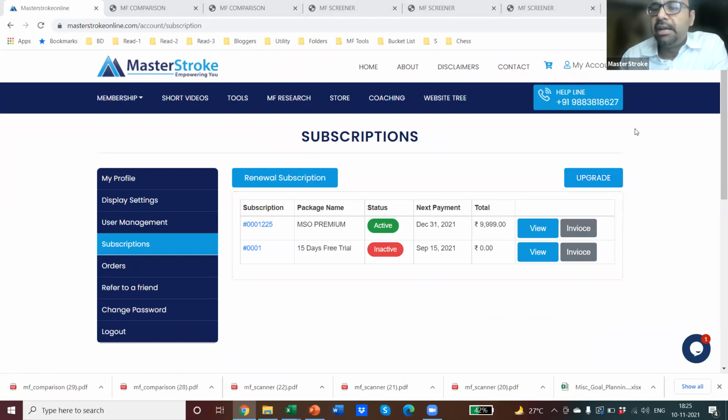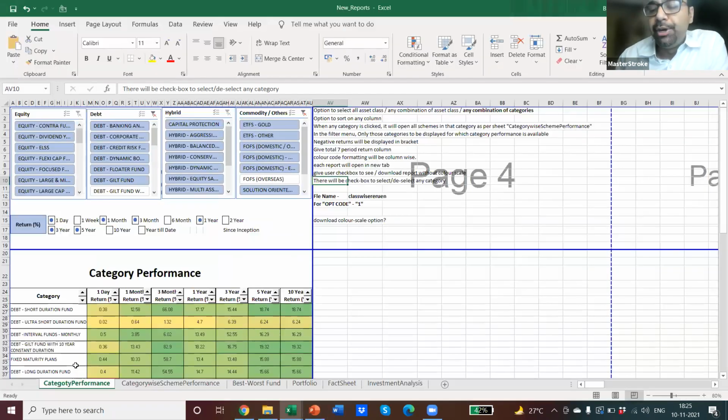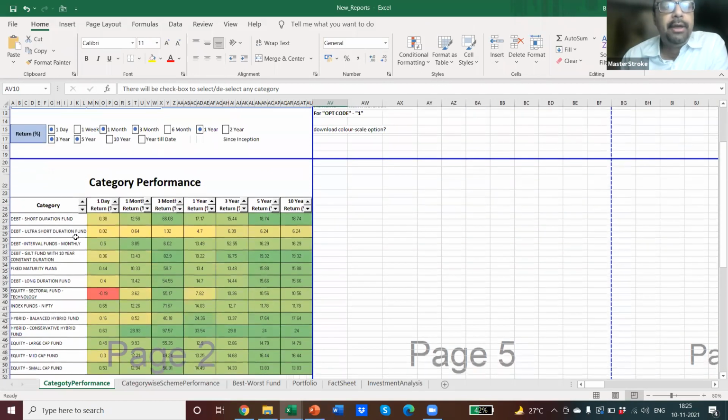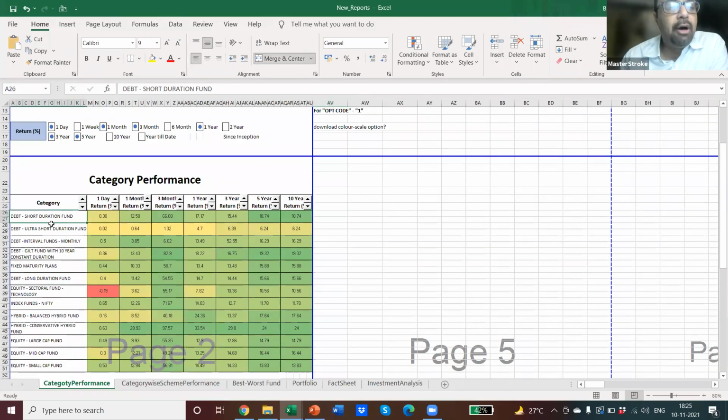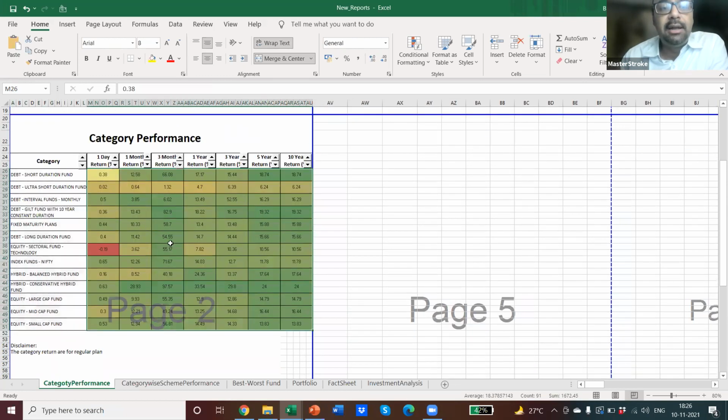Now, before I start answering your questions, I want to show you many more things which are going to come. By December and January, we are adding these reports also. The next report that is coming is category-wise performance. This is the screen you will get. You can check the category performance of all the categories in the country. This is the category average. So for example, let's say Debt Ultra Fund, the last 1 year, don't go with this number. These are samples. And you will get this color code.